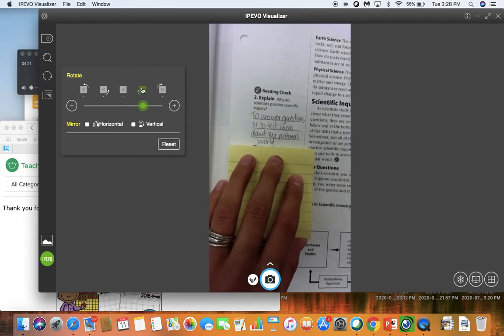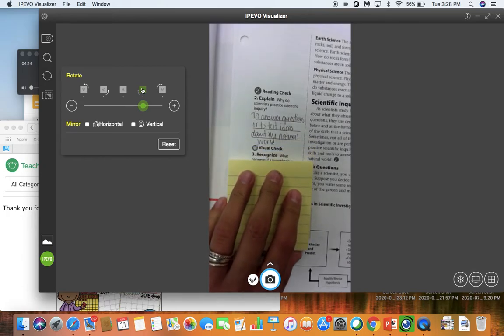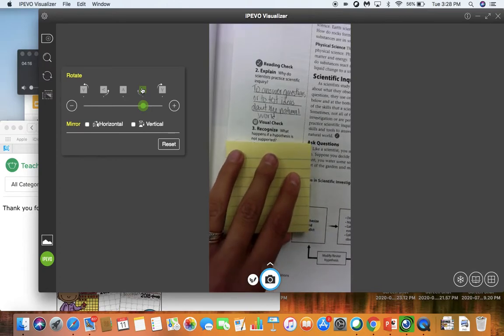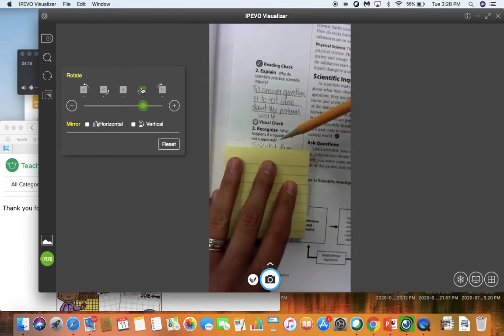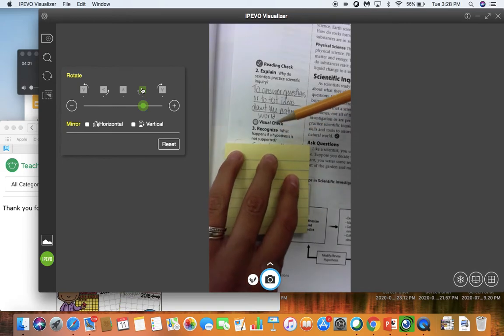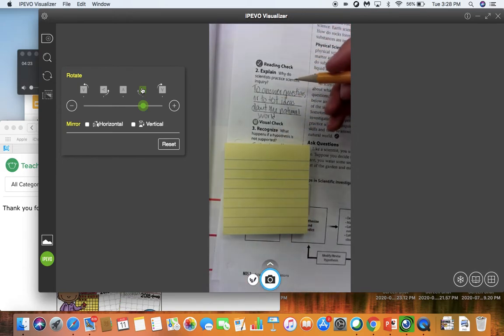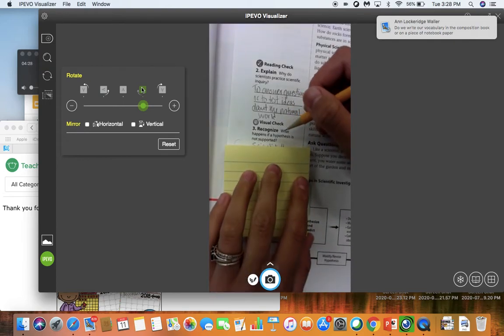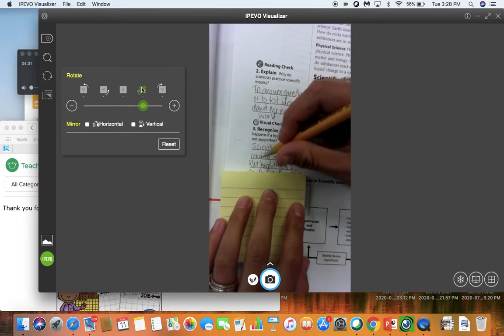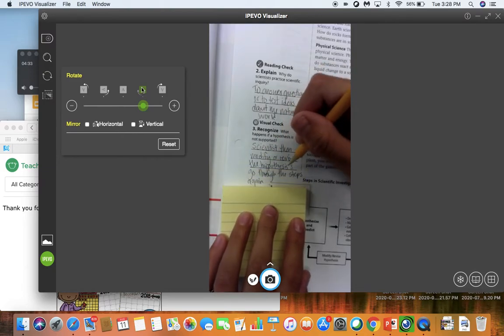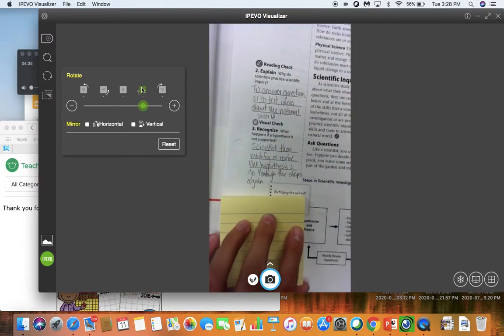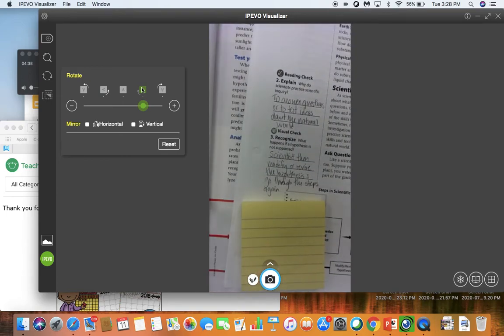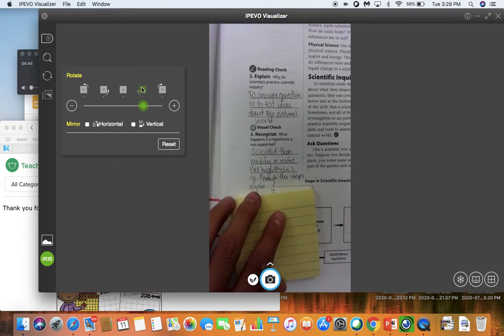Okay. Question number 3. What happens if a hypothesis is not supported? So we come up with a hypothesis to a scenario, okay? If it's not supported, the scientist then would modify or revise the hypothesis and go through the steps again. Remember that a hypothesis is a possible explanation about an observation that can be tested by scientific investigations. So at the bottom was a flow chart of scientific inquiry